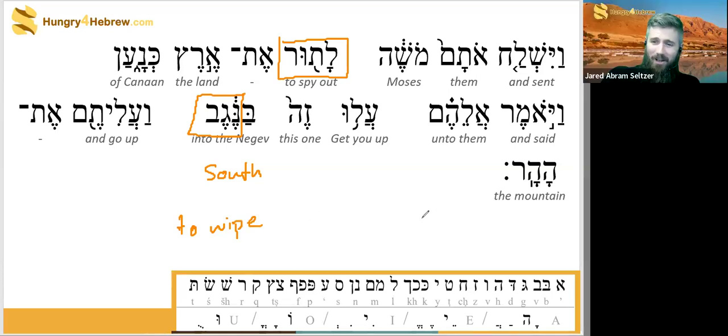At least in modern Hebrew, it's to wipe. So a magevet is like a little baby wipe or something. It's something used for wiping. And every time I read Negev in the Bible, I think of, I don't know if it's the hand of God or someone else, just wiping away all the moisture and all the life from the Negev, or being wiped with the dry wind. That's what I think. I don't know if that's actually a legitimate explanation, but in modern Hebrew, nagav is to wipe something.